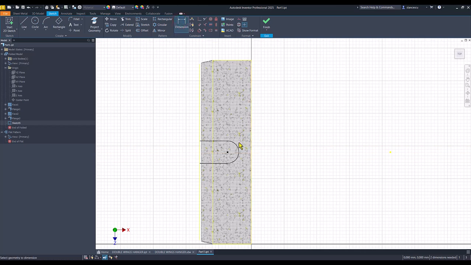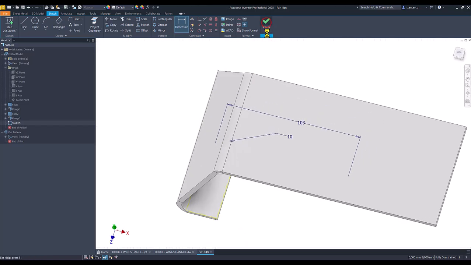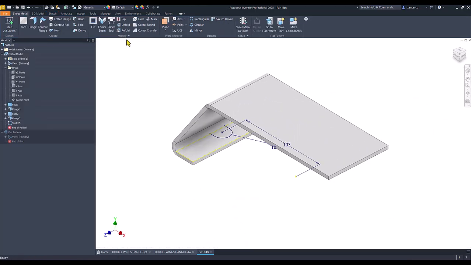Dimension, radius is 10, and the distance between these 2 points, this point and the center point, is 206 divided by 2. Okay, finish sketch. We apply extrude, not face,